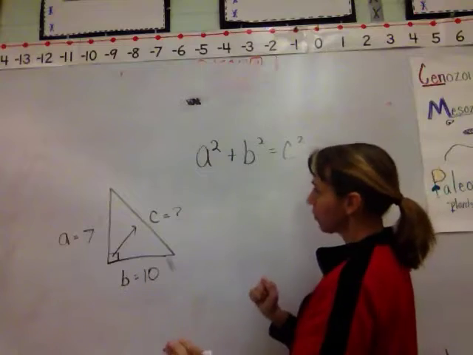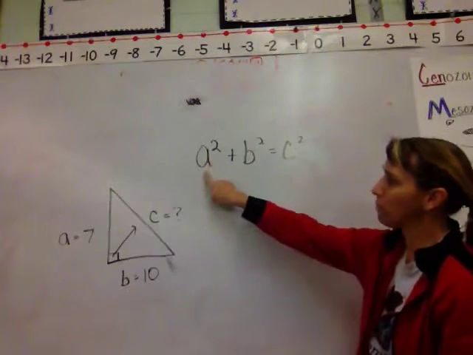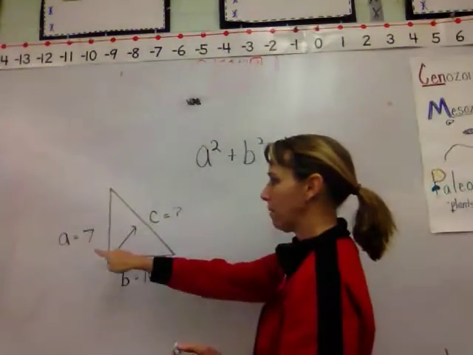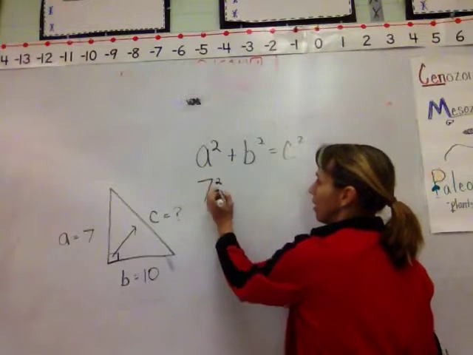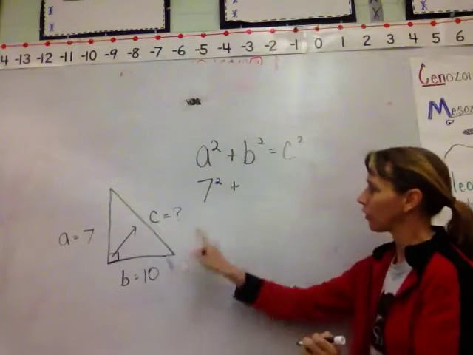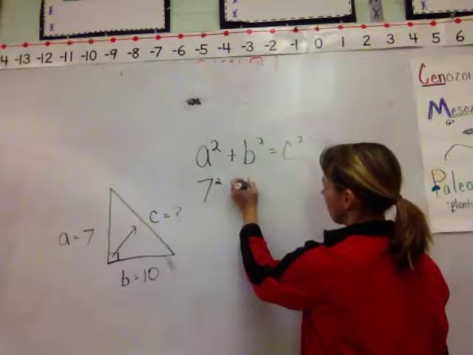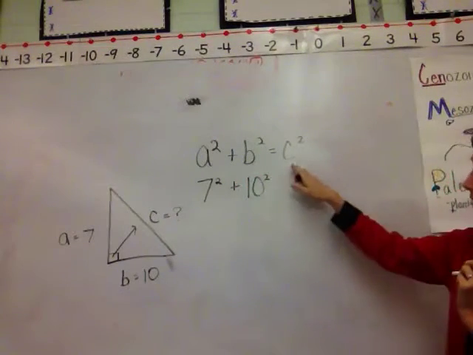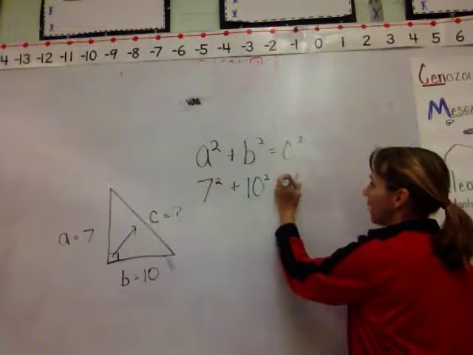Okay? So what I start off doing is I plug in the numbers. I'm looking at my formula, and I see that I have the A that starts off first. So I find my A, which is 7, and I plug it in here. 7 squared. Okay? Then I'm going to bring down my plus sign, and I look for my B, which is next, and it says it's 10. 10 squared. And then finally my C is unknown, so I'm going to leave that in my equation as C